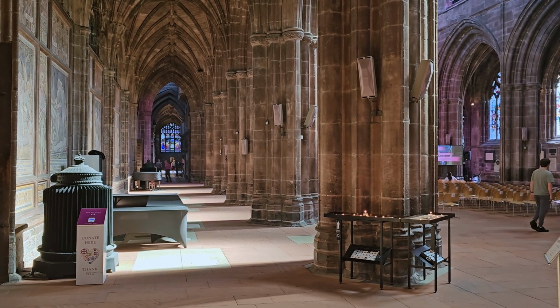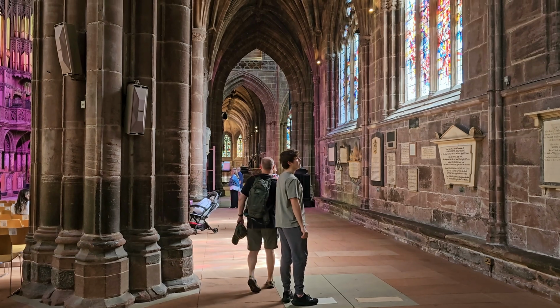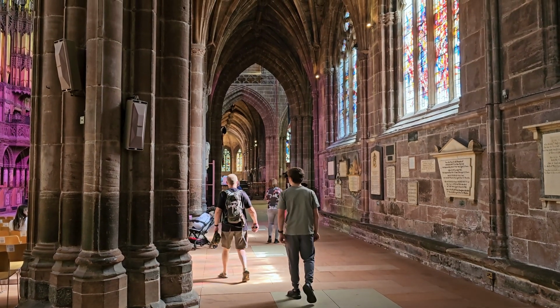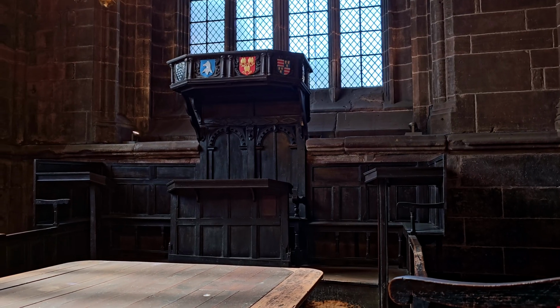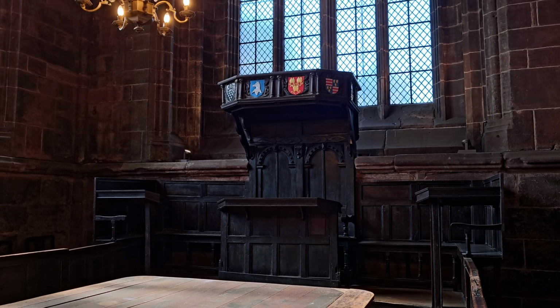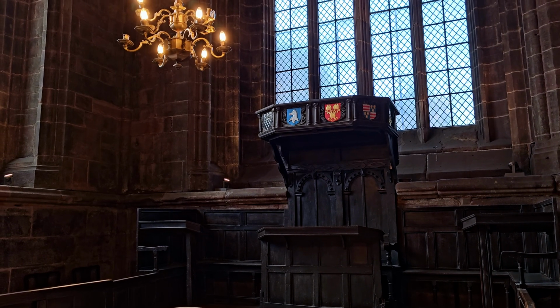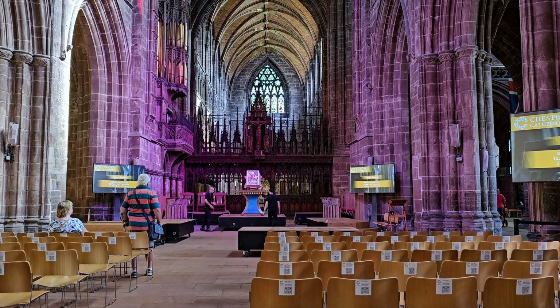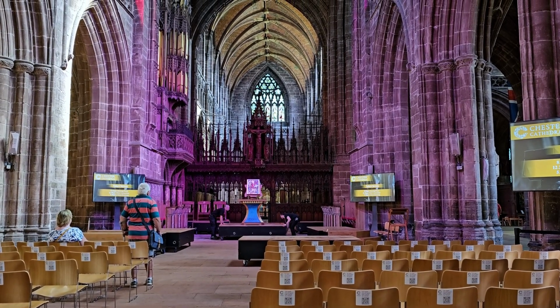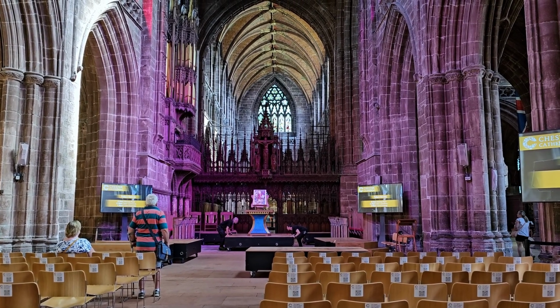First stop at Chester Cathedral. This towering masterpiece is essentially the Beyoncé of medieval architecture. Majestic, awe-inspiring, and probably just as expensive to maintain. Built over centuries because apparently they didn't believe in deadlines back in the Middle Ages, this cathedral is a glorious mix of Norman and Gothic styles, as if the architects couldn't decide and just threw every dramatic style they knew